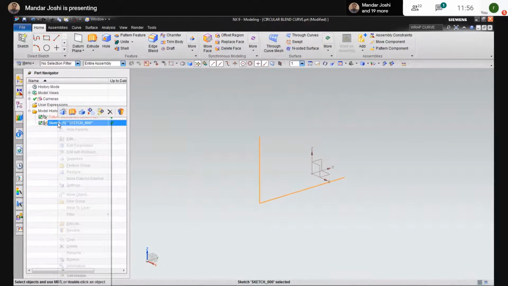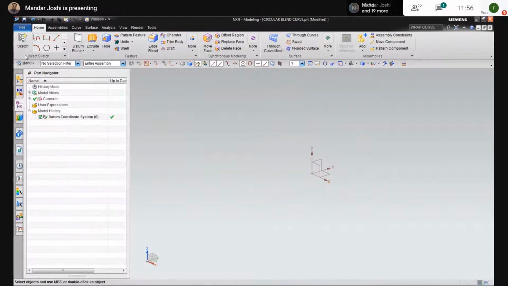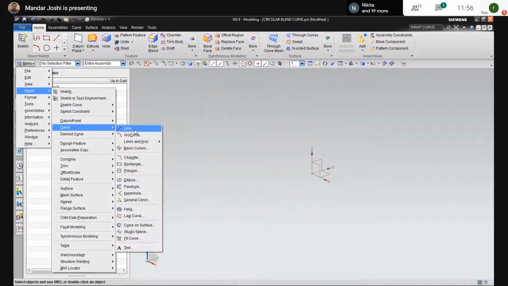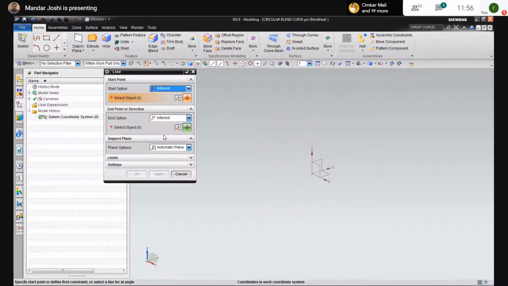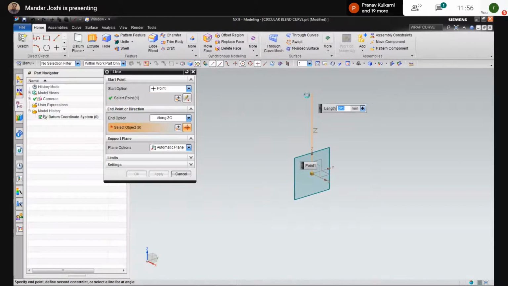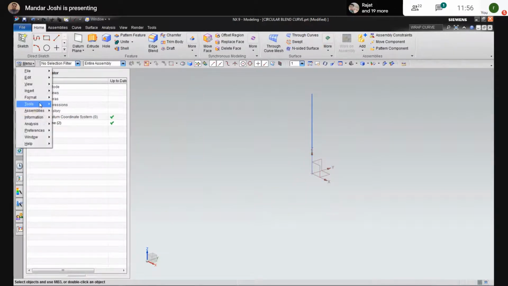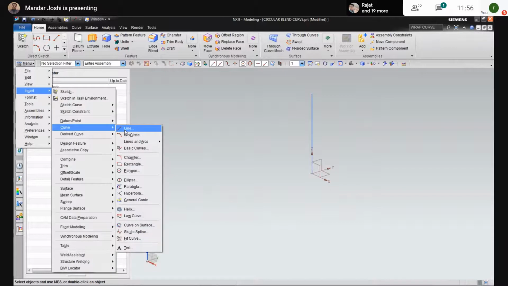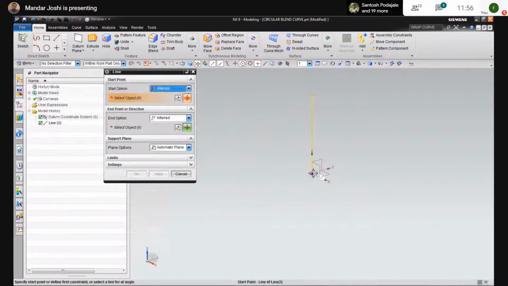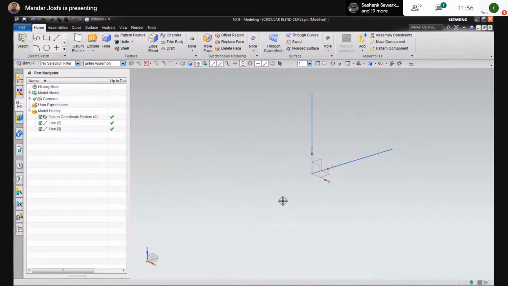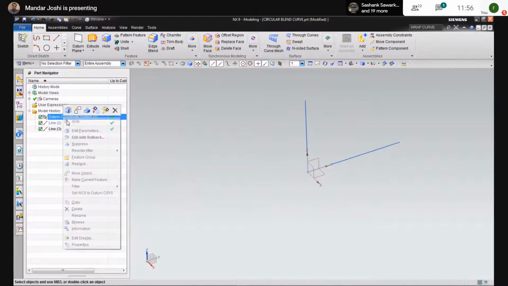Anyhow, we generate curves from line only. From menu, insert, we generate the curve through this line command. Okay. The start point, I'm taking this point. This is the end one. Then I can insert, select this curve and select the line. So this start point, the end point will be here. Click on OK. Now I'll hide this coordinate system.